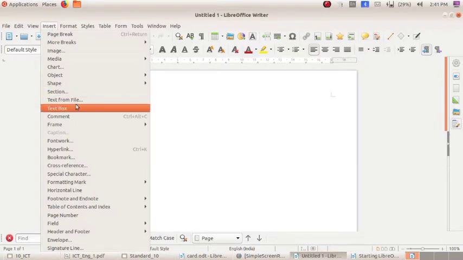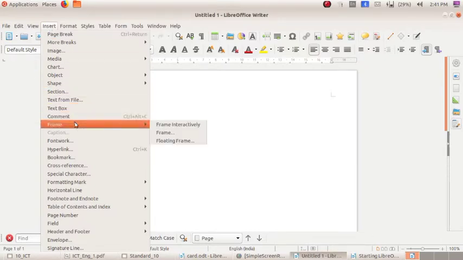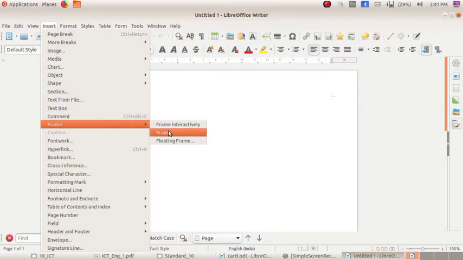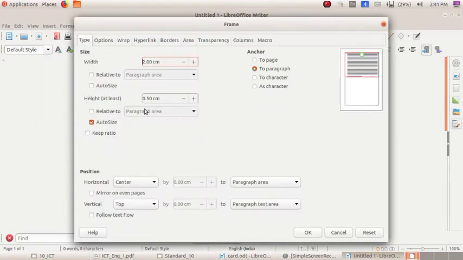Go for Insert. Here you can see the frame option. Can you see this? Frame. Here you can give the adjustments for frame.